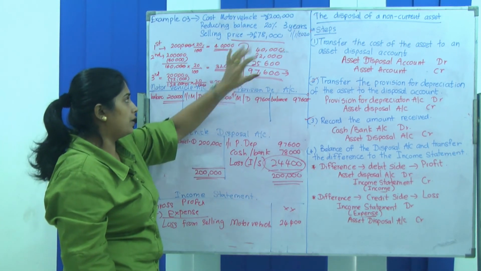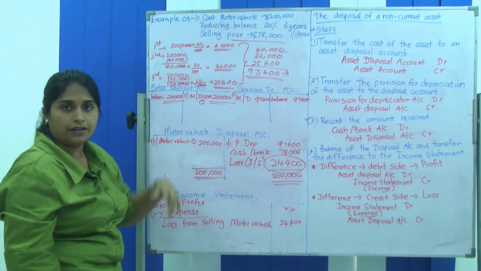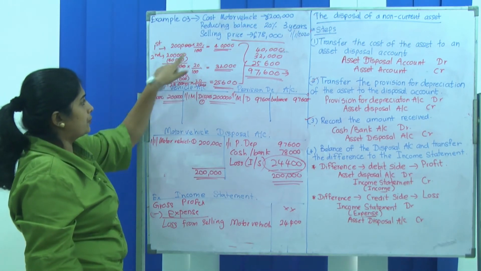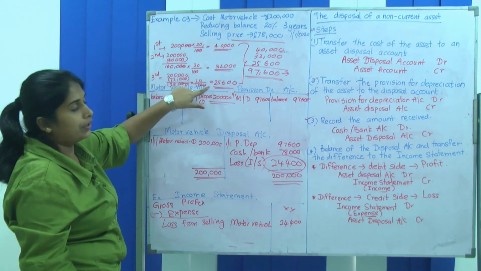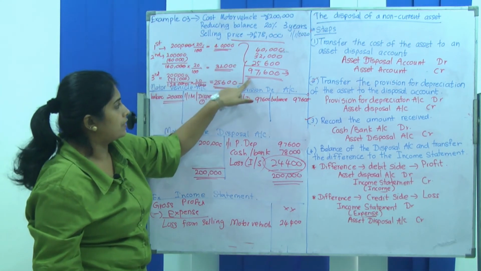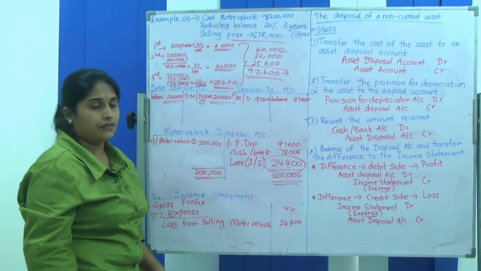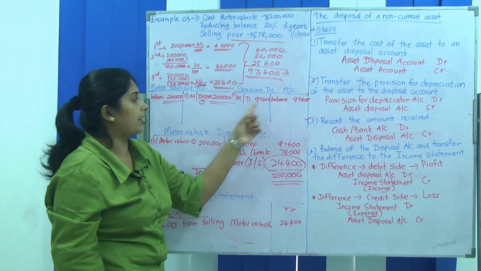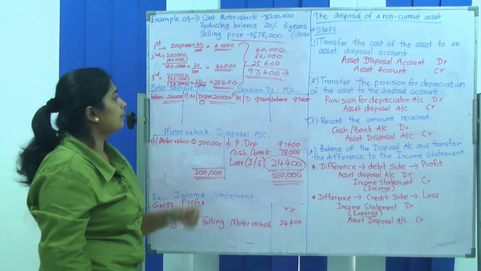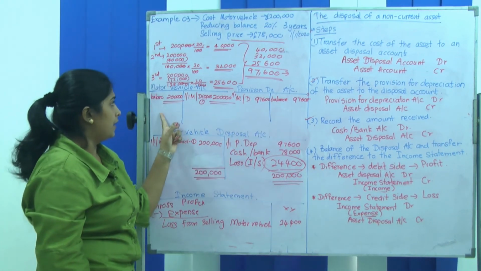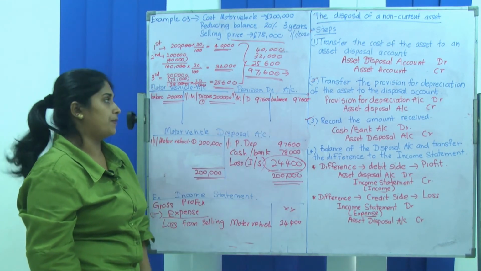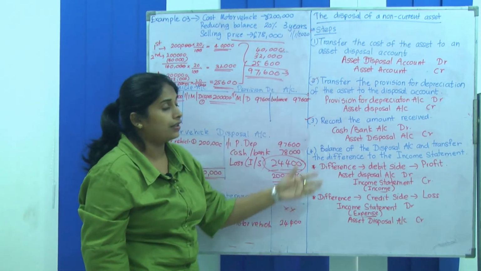Here according to this sum, they have not calculated and given you the total depreciation. So you have to calculate it. So each year these amounts were depreciated. So totally for 3 years they have depreciated 97,600, which will be recorded on the credit side of the provision for depreciation account. After you record the balances in the machinery account, motor vehicle account and in the provision for depreciation account, you can start doing the steps.